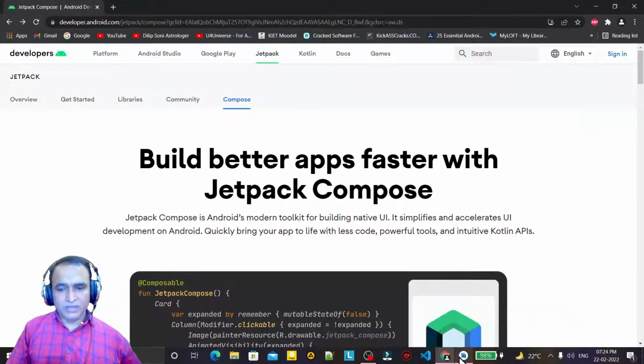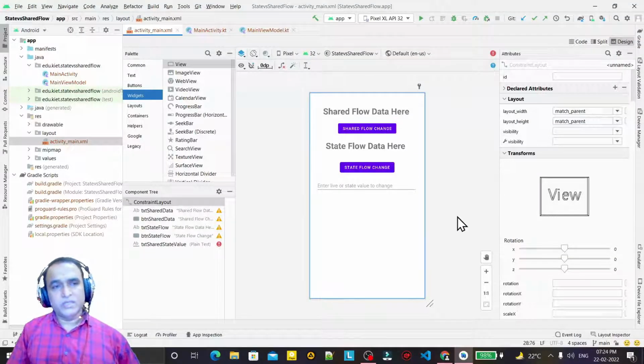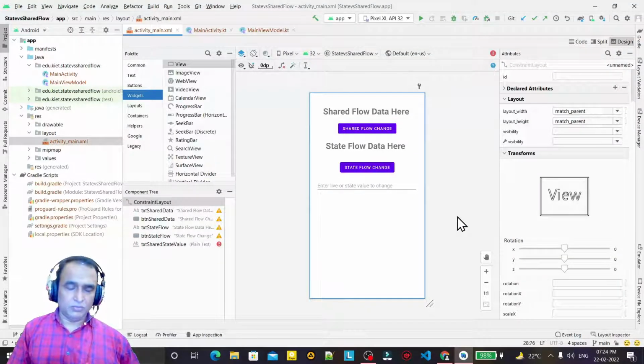So as we know now, Jetpack Compose is a new way to build an Android application without using an XML file. That's all in a nutshell. Earlier we were all using XML files with Java and with Kotlin also, but now this Jetpack Compose library is not supported with Java. It's supported only with Kotlin. If you know Kotlin, then it is possible to learn Jetpack Compose. For a Java programmer, it is not possible to use Jetpack Compose. Jetpack Compose is only for Kotlin programmers.